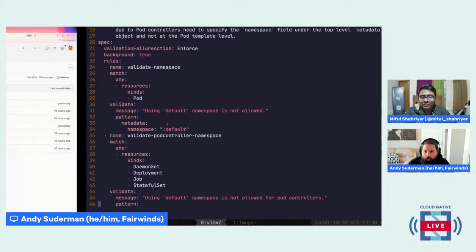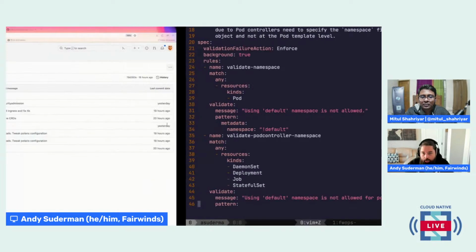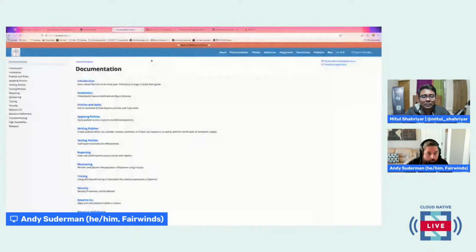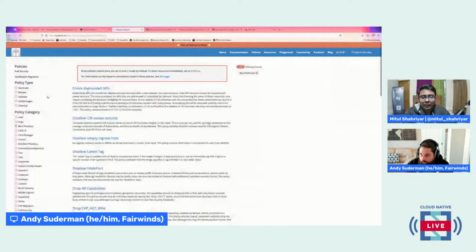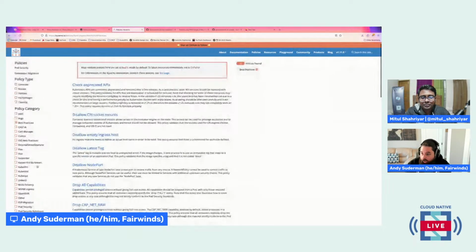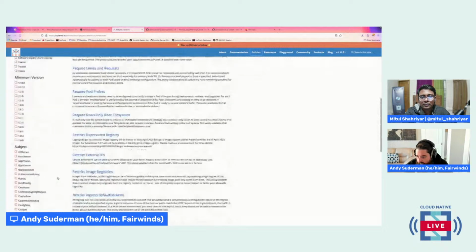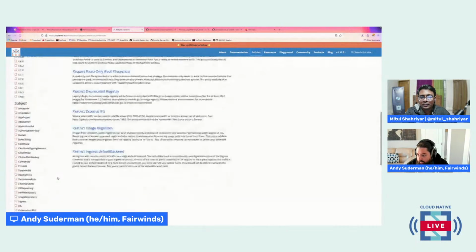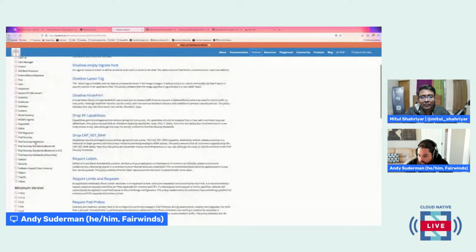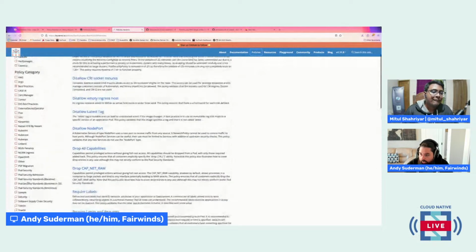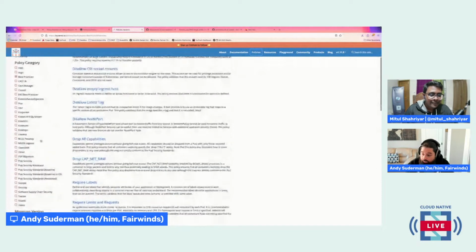To our earlier point, actually, if we go look at the Kyverno documentation and we go to their policies section, I don't know if they actually have the specific benchmark in here, but they do have groups of policies mapping to different things.